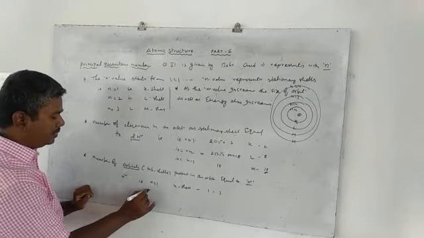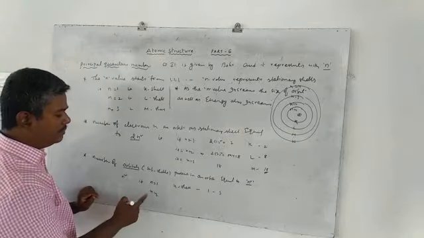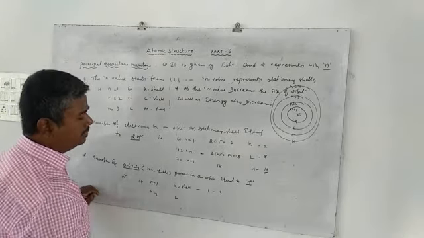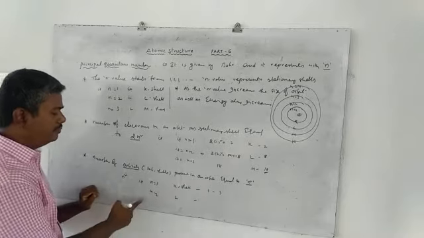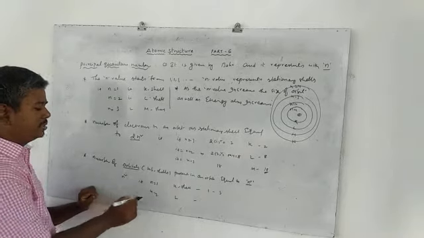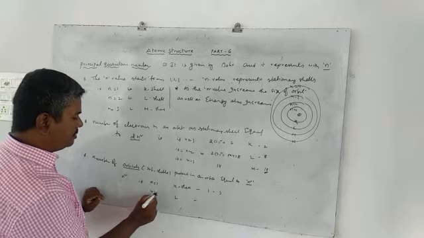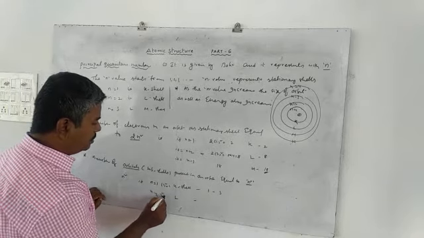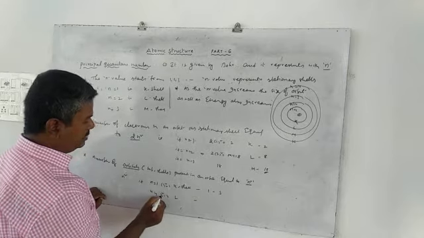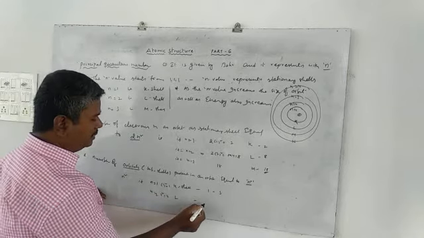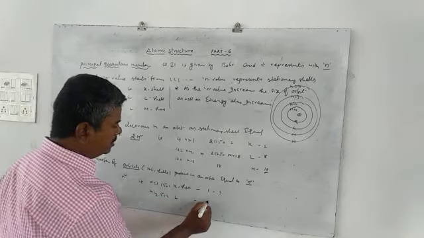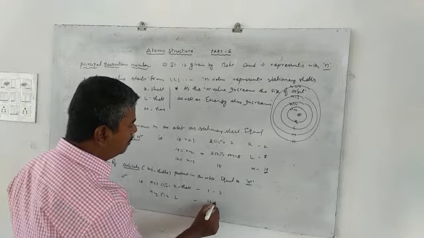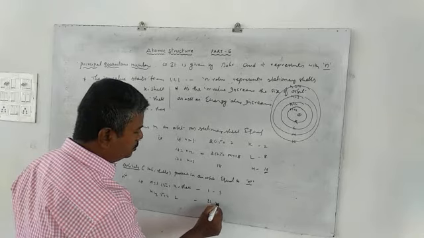So if n equal to 2, that means which one? L shell, that consists of how many orbitals? 4 orbitals. 2 square. 2 square means which one? n equal to 1, 1 square, nothing but 1. n equal to 2, 2 square means 4. That also, n equal to 2 means L shell. This accommodates 4, that is 1 S orbital as well as 1 P orbital. That is 2S, 2P.